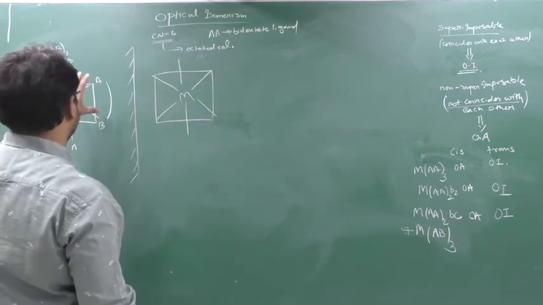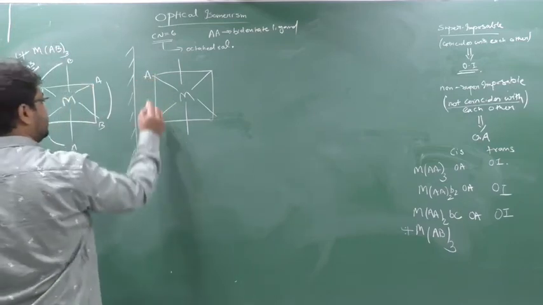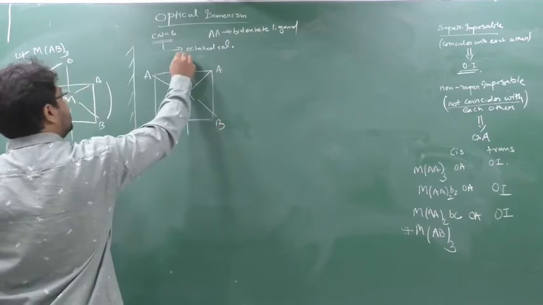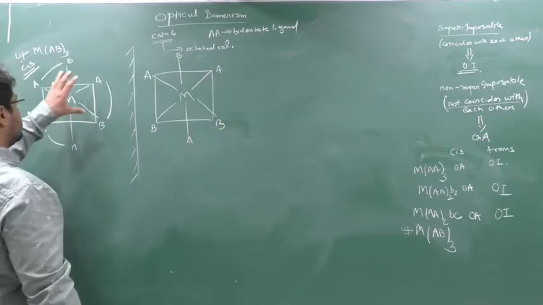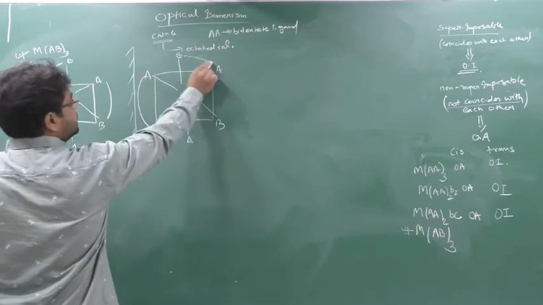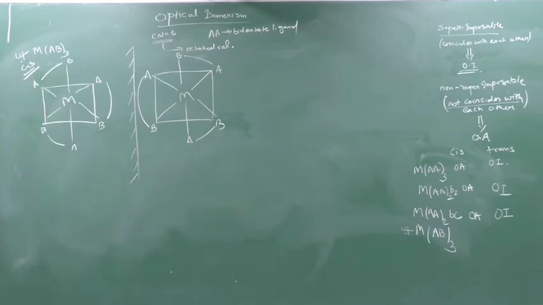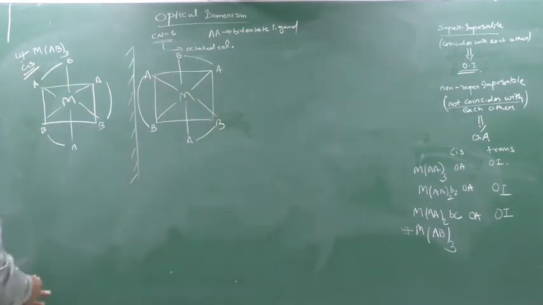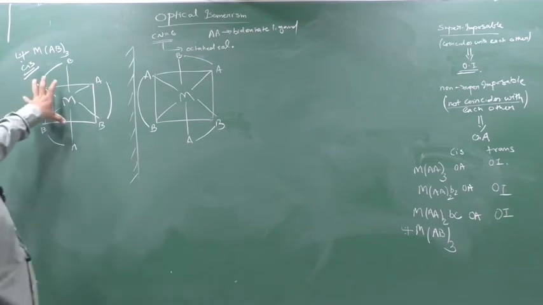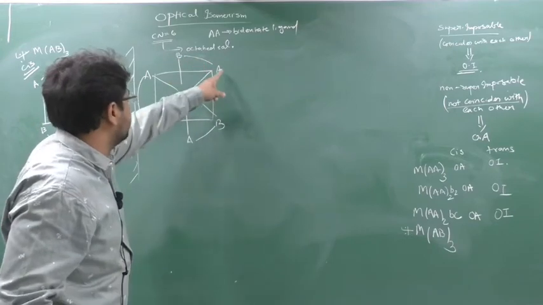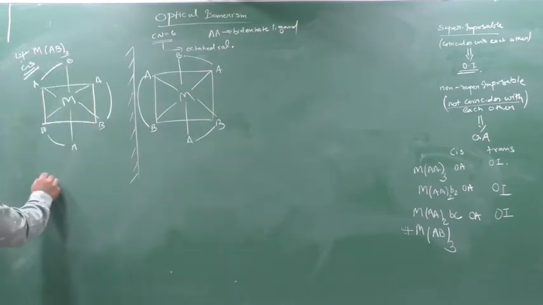Which is on the second portion will come on the first portion. So AB, first portion, second portion, AB. Top is also BA. Now here the bonding is in the second portion, it will come on the first portion. Bonding is in the first portion, it will come on the second portion here. So this is the image. Hold this object and place it on this. When you hold the object and place it on this, they are non-superimposable. See, check it out. When I place this here, the bonding is here. Now the bonding will come here on placing the object on the image. So non-superimposable. So I say that